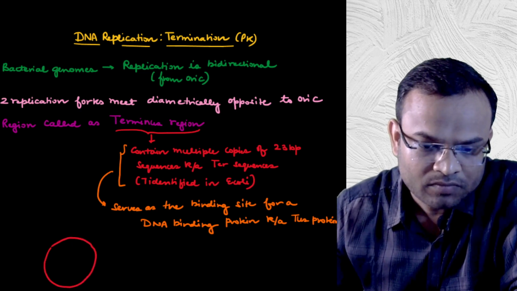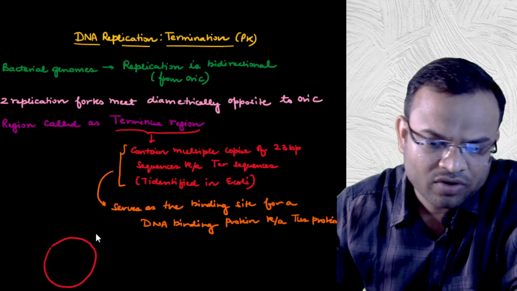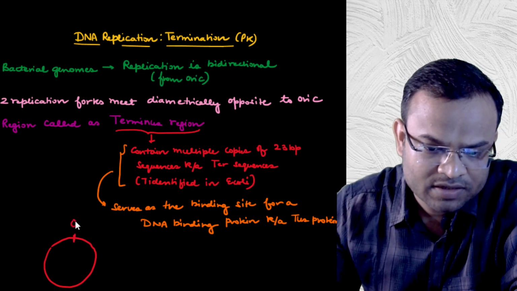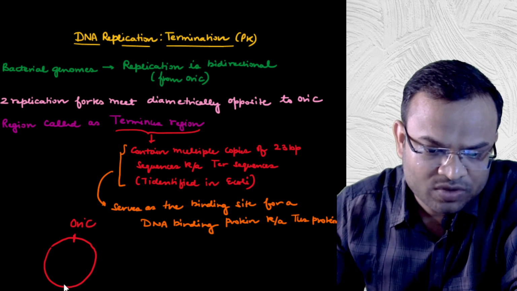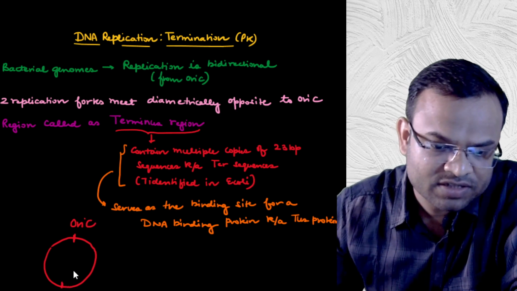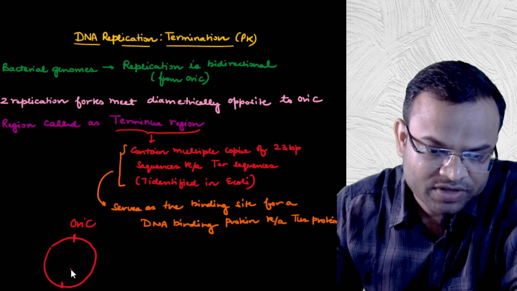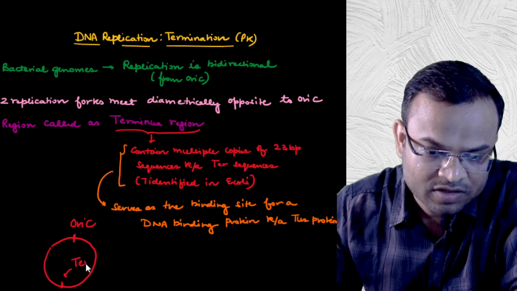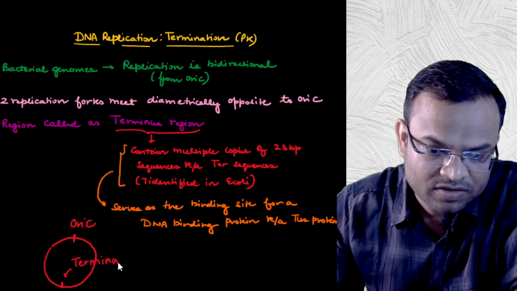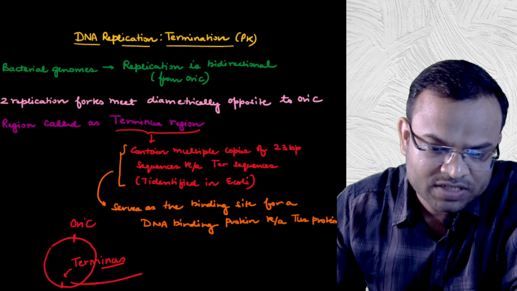Yeah, so if I draw it, suppose this was the Ori C, and opposite to Ori C is this region. This is called the terminus region. Now if I zoom into this terminus region,